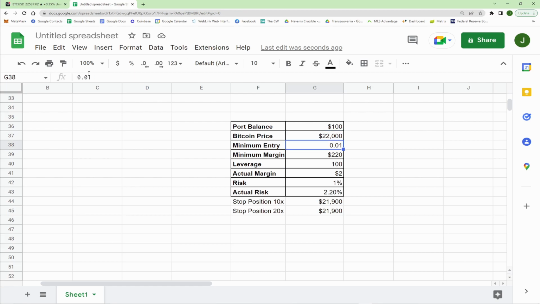That's 20% risk, because you're risking the entire trade since your liquidation is so close that you're going to get screwed. And when your liquidation is closer than 21,900, the liquidation will probably be 21,930. I mean, it depends on the exchange. Different exchanges have different liquidation percentages. KuCoin at 100x leverage on Bitcoin is going to be under 1%. So you're probably going to be at 21,930, 21,950, something like that.